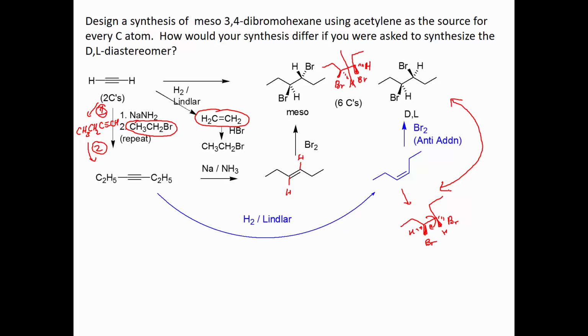Okay, so that's how we would adjust the synthesis for making the chiral compound instead of the meso compound. Okay, so this is the last slide of the alkyne chapter, so I'm going to end that